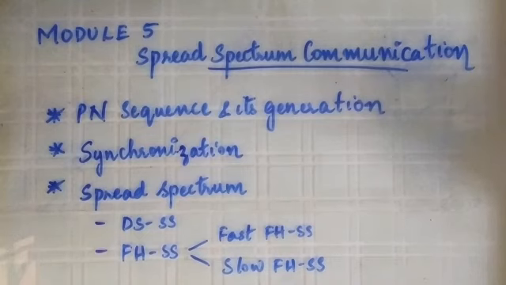Third and the most important, the spread spectrum modulation techniques, where you have two major types. One is DSSS, direct sequence spread spectrum, and second is frequency hopping spread spectrum, which is further classified into fast and slow FHSS. So these are the major topics which we are going to cover in this module,